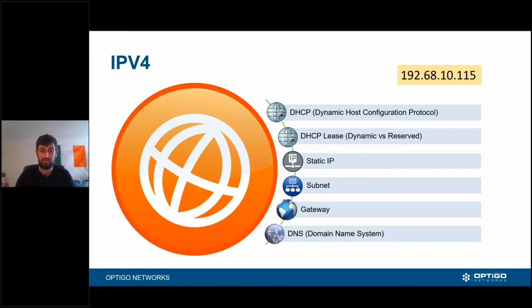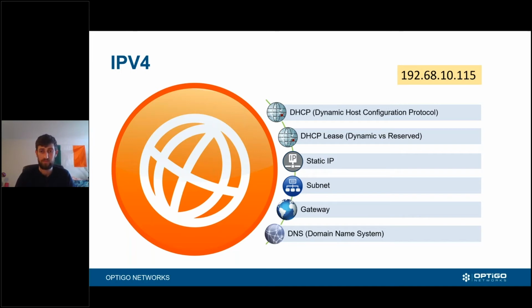Again, subnet we talked a lot about. Subnet is a very, very important concept. A subnet is a small network, and within that network, every device can talk to each other without going through any kind of router or gateway. It'll be like locking a group of people into a room. They can communicate with each other freely. And then when you go out the door, that goes through a router in some way.